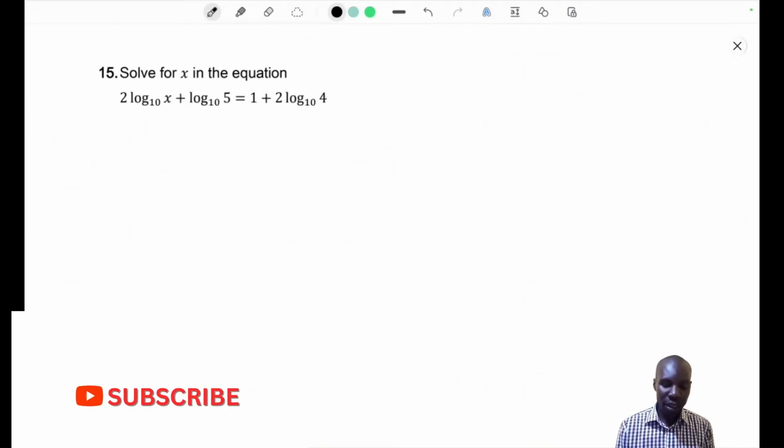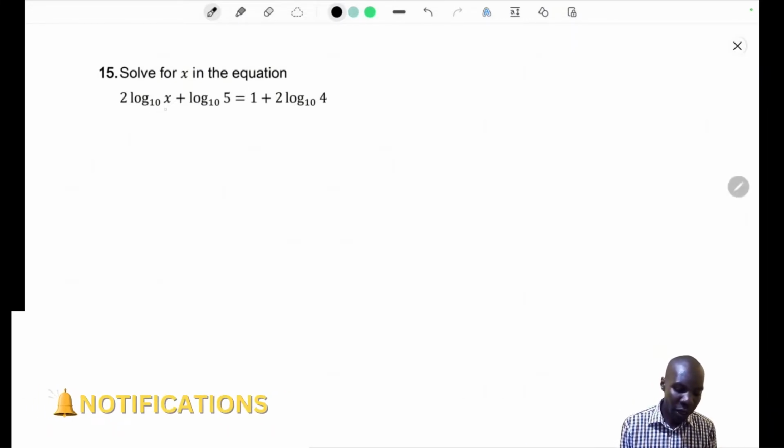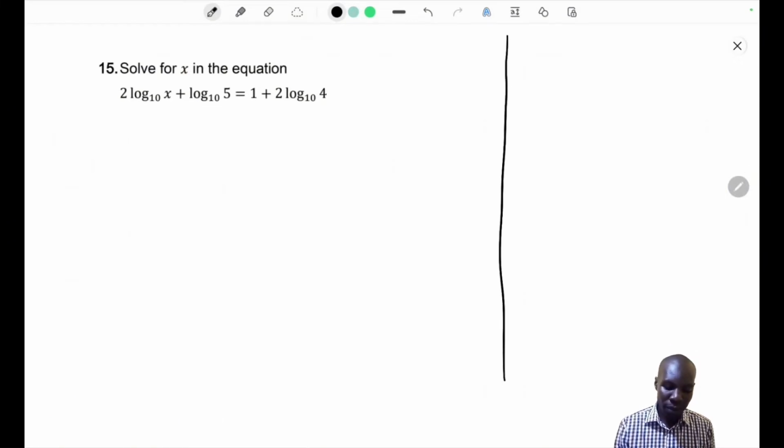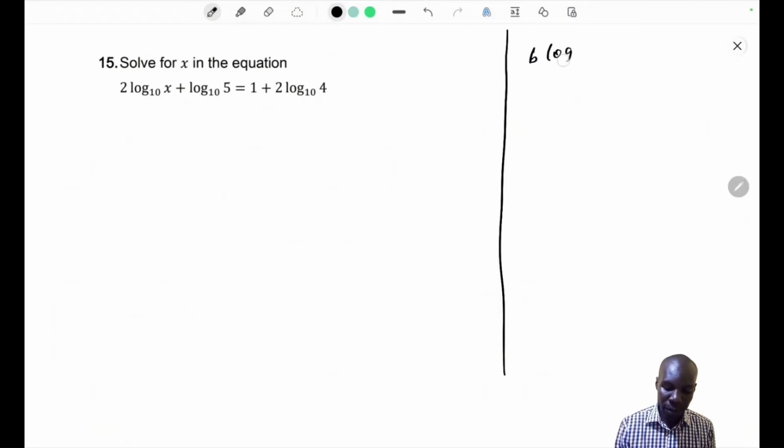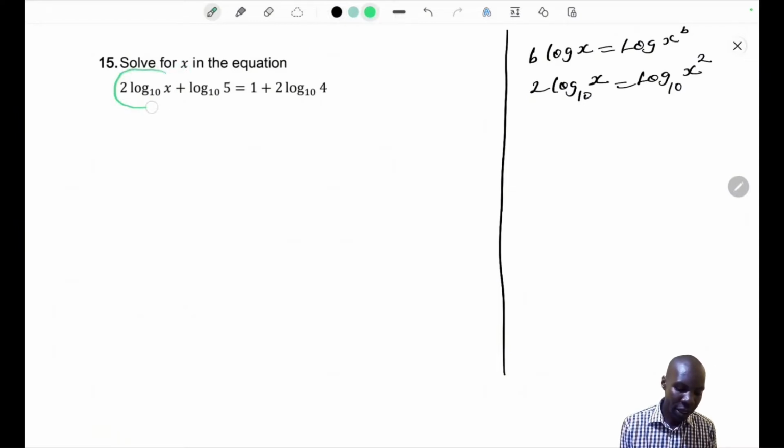Number 15, solve for x in the equation. We have 2 log of x to base 10. And we know that if we have b log of x, this is the same as log of x to power b. So 2 log of x to base 10 is the same as log of x to power 2 to base 10. So instead of having 2 log of x to base 10, we'll have log of x to power 2 to base 10 plus log of 5 to base 10 plus